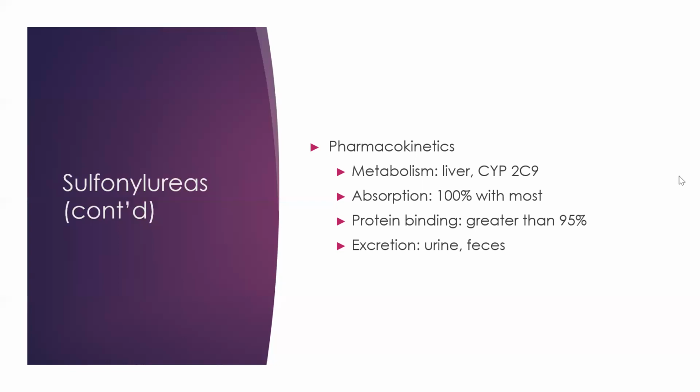Duration of action is 12 hours for instant release, 24 hours for extended release. Side effects can be hypoglycemia, dizziness, drowsiness, nervousness, diarrhea, flatulence, weight gain. Contraindications would be hypersensitivity to glipizide and sulfonamide derivatives,